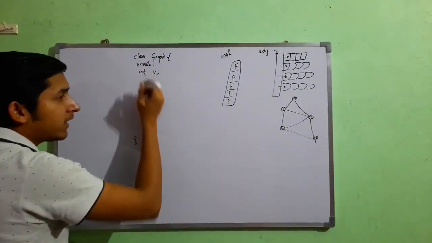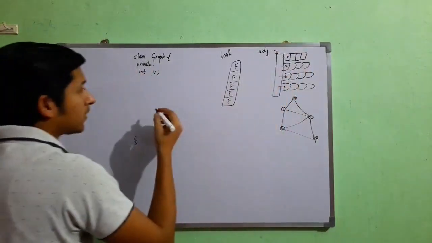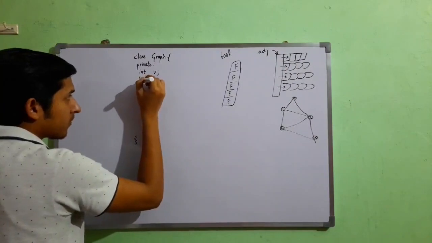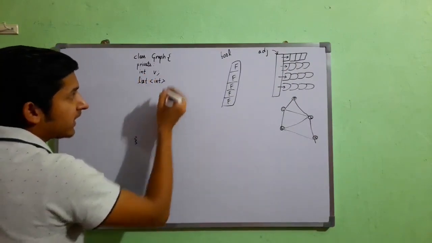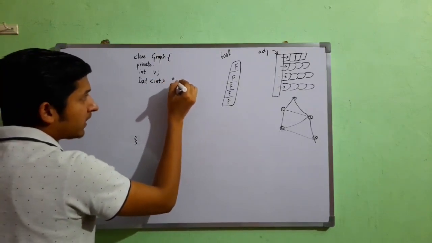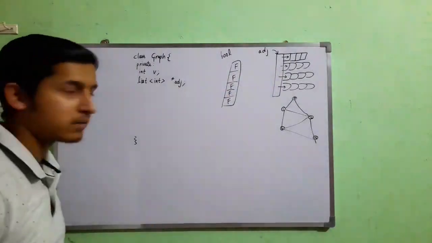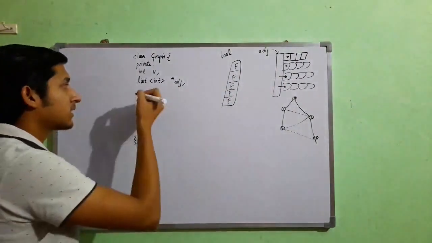And here is to be a pointer to a list, and this list is of integer type. So list of integers is the data type of this pointer. Now one more thing I'll be using, that's a function